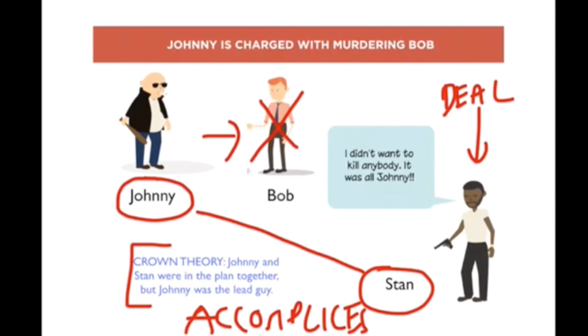So this is a classic scenario in which Stan is testifying against Johnny, but let's be clear. I hope you can recognize Stan has a real incentive to implicate Johnny. And that is known at common law to be what we call a problematic witness. We are concerned about the evidence that Stan is giving because Stan could be lying. Stan has every reason in the world to lie in this situation, and therefore his evidence is what we call suspect.